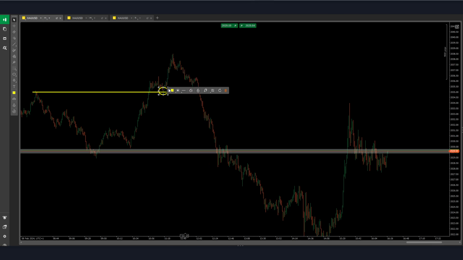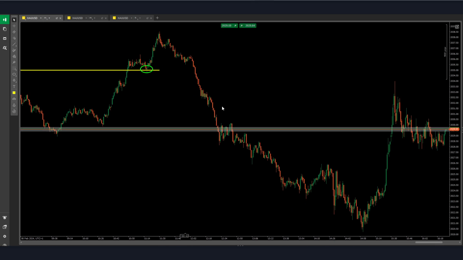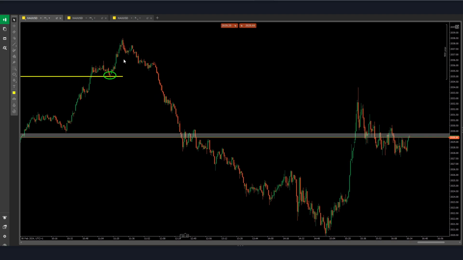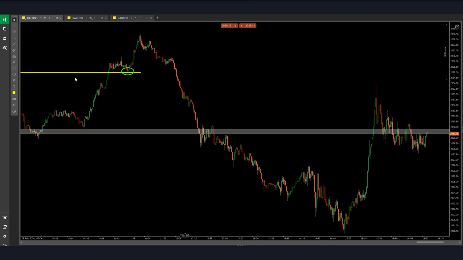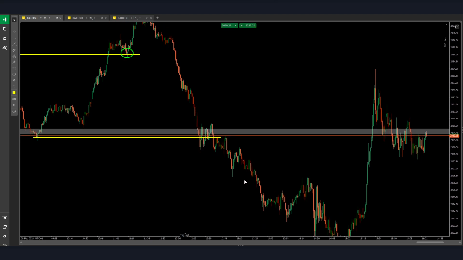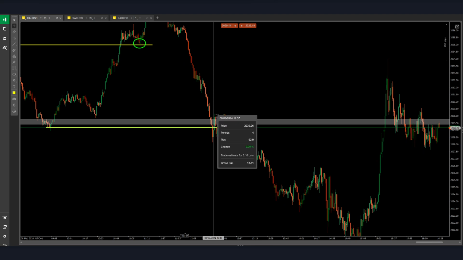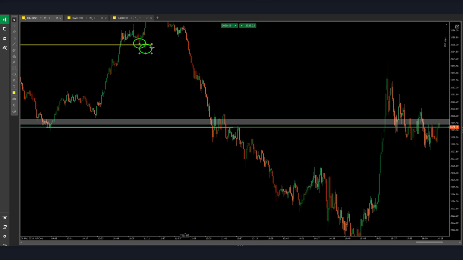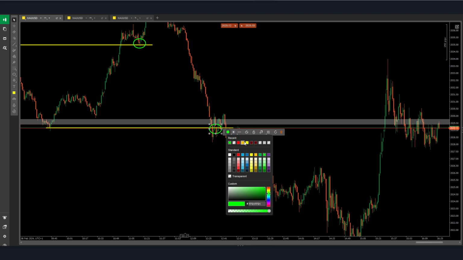So just by looking at it, that would have been a nice win. After that, we see that price just goes down. The only entry that I can see possible is below these hourly lows. If I had to take the first entry, this one would have been a loss because price would go around